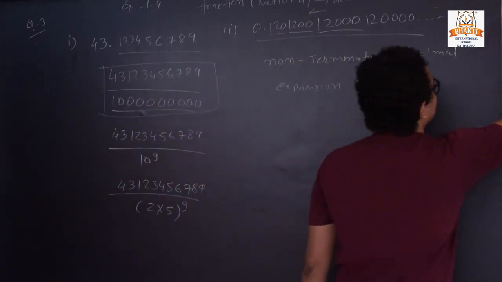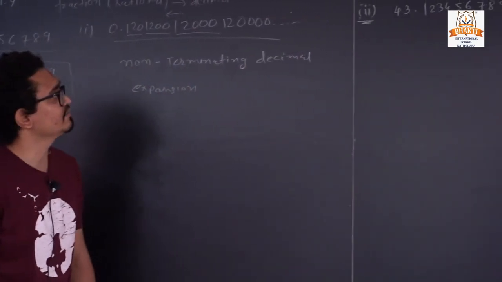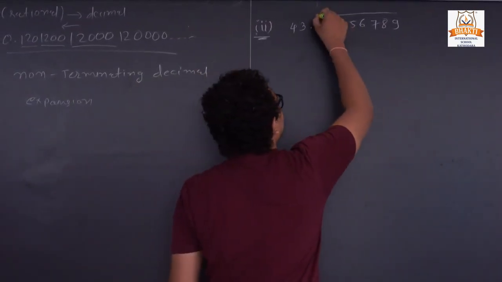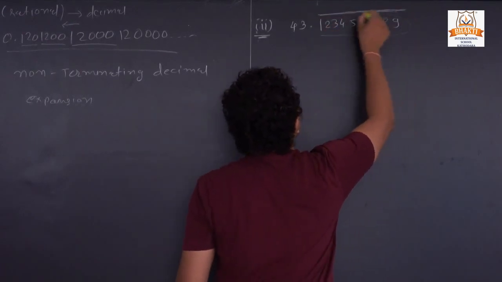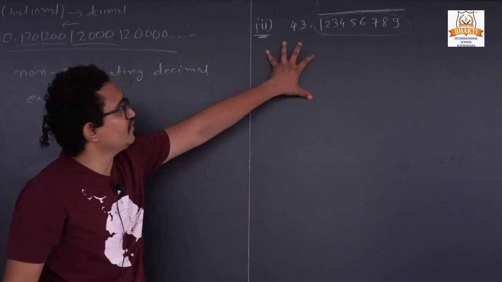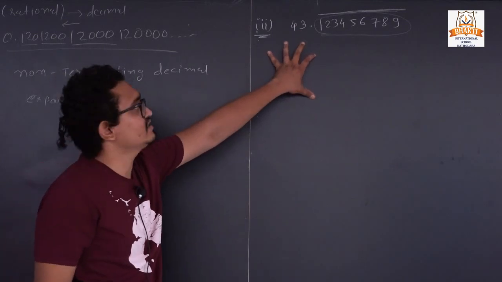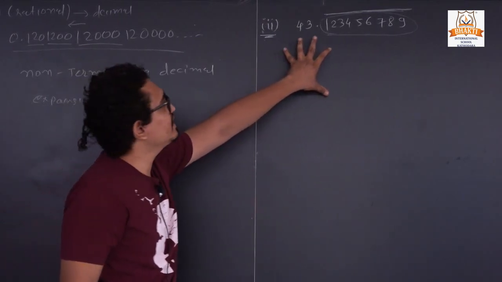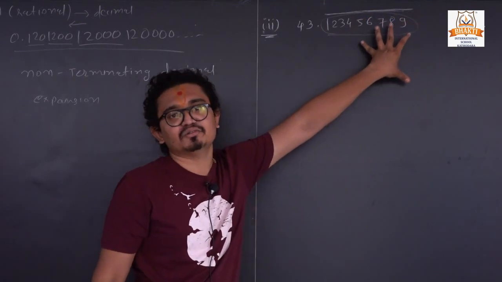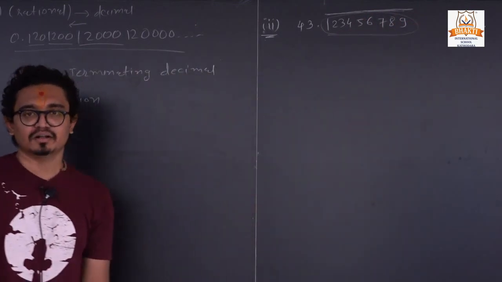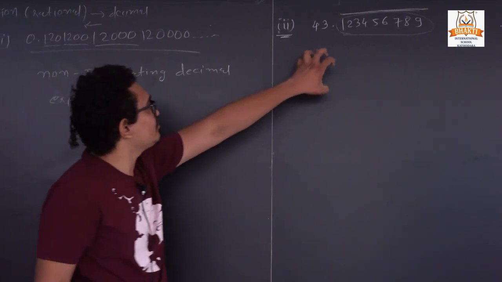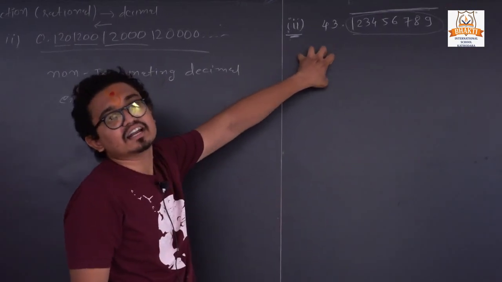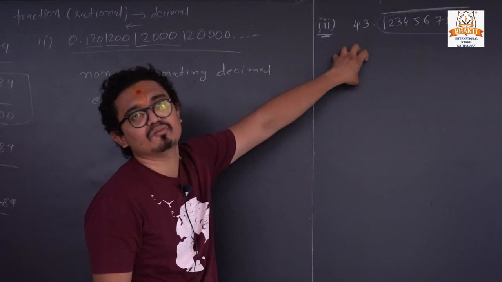Now the last question, number 3, 43.123456789, and they have the bar sign on it. So it means what? These digits are repeated. So we can perform the same sum in class 9 chapter 1. So we have the same question like that. How can we convert those repeated digits into the fraction form? So we have one procedure, but in that sum we cannot follow that same procedure. Here we can just write down what? We can convert that number into the decimal form or fraction form or not.